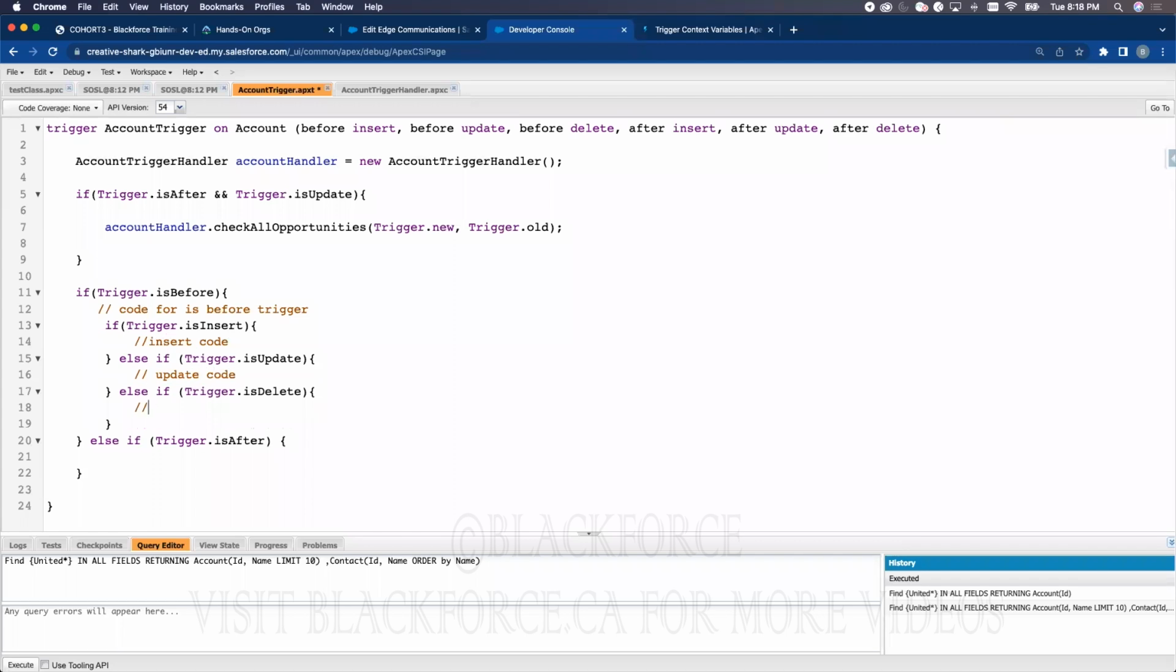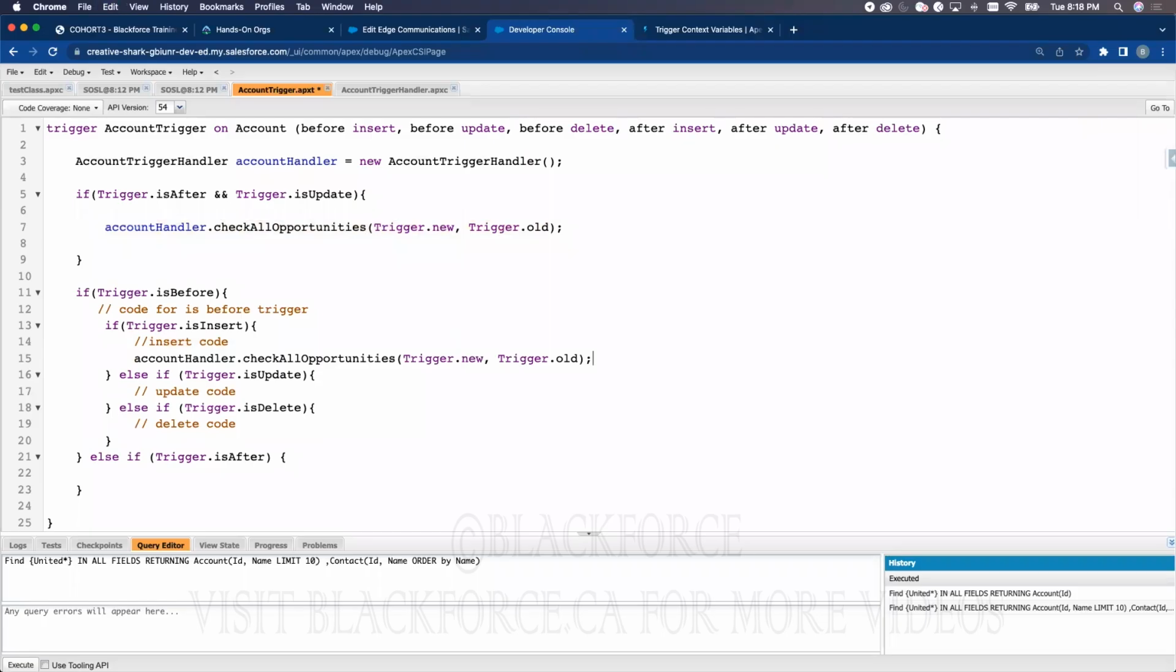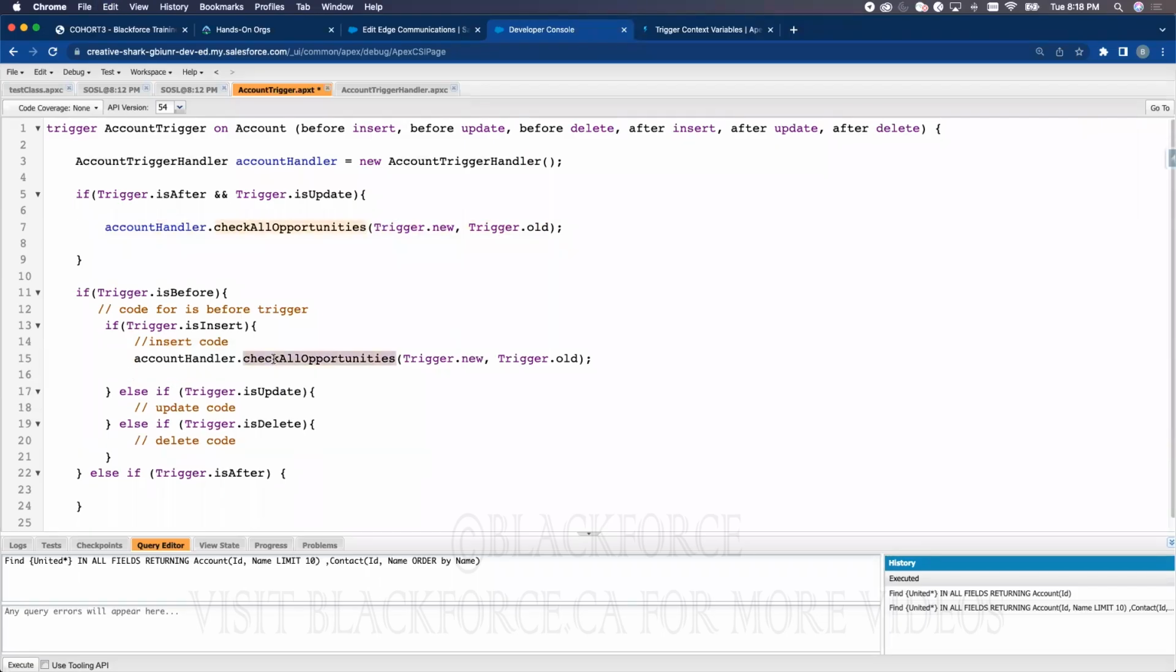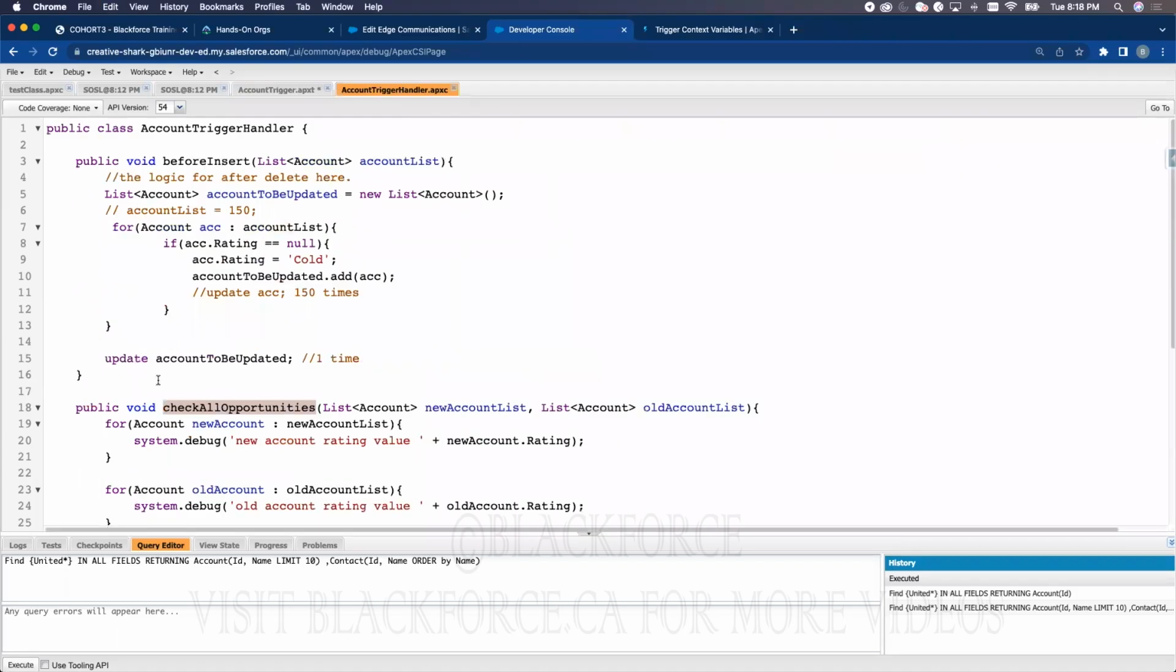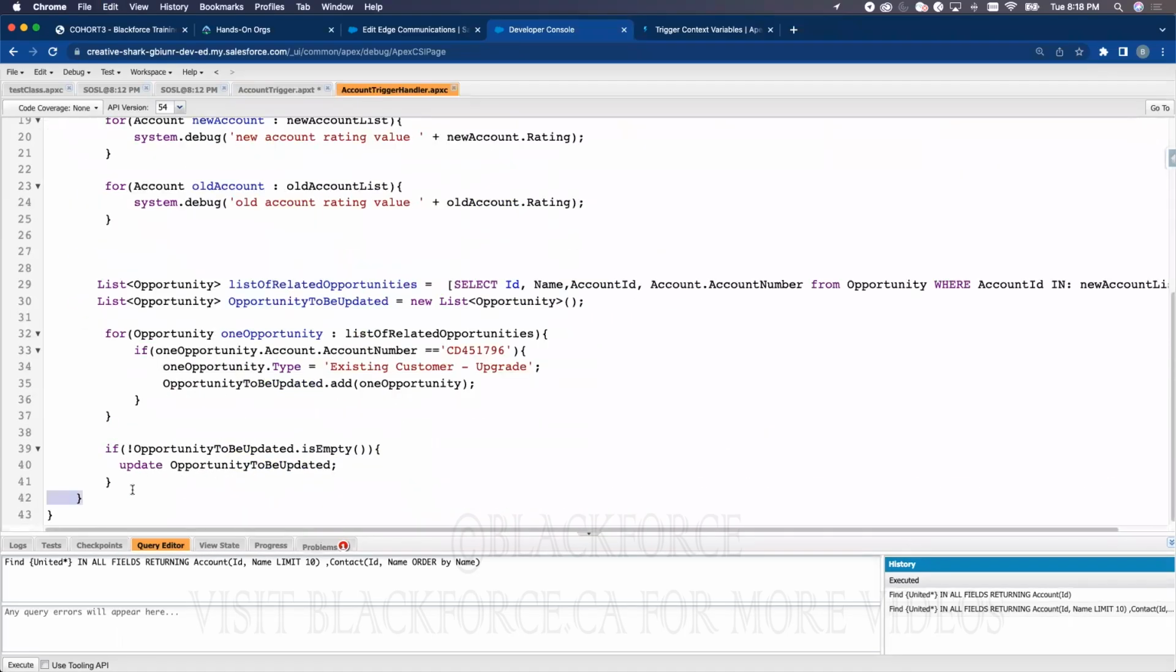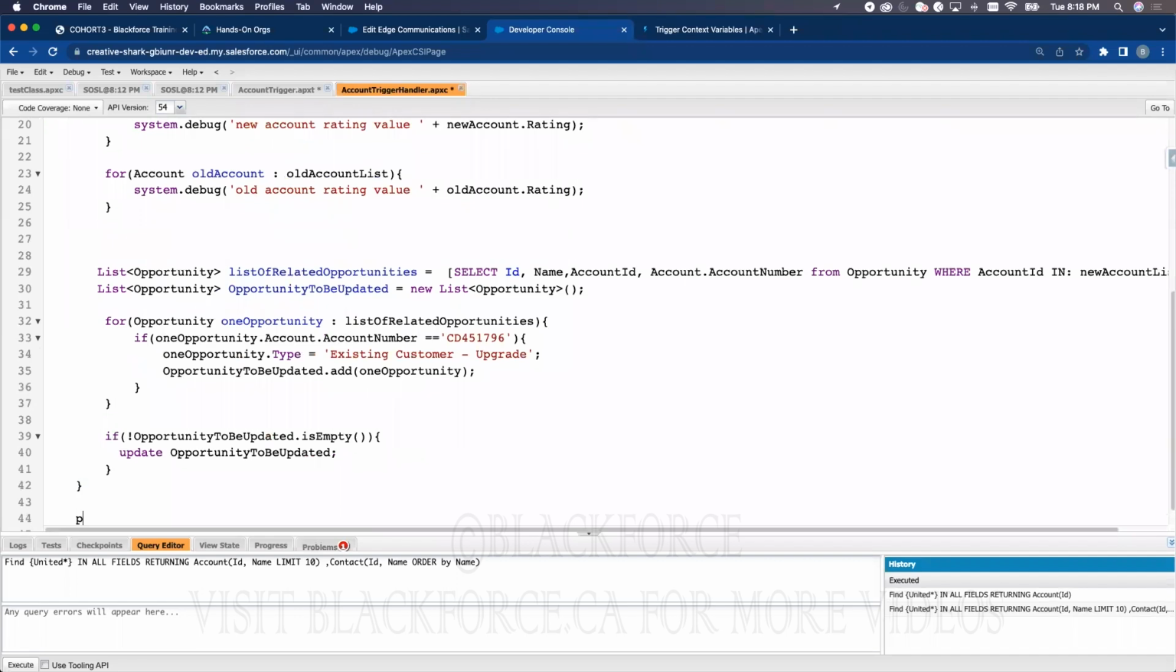Then delete code. But you don't need to put the code here. You just need to call the method. Okay? You just need to call the method and just put the method here. Do you get what I mean? So you can just say is insert, and you go to your handler class to write that is insert method that you're calling. Public,